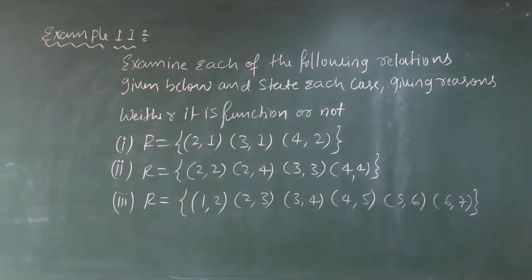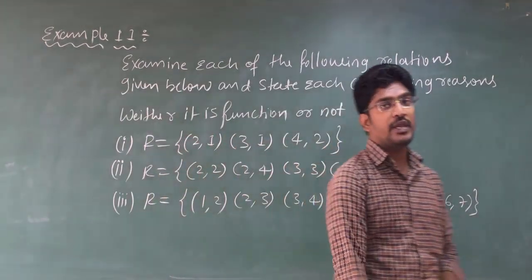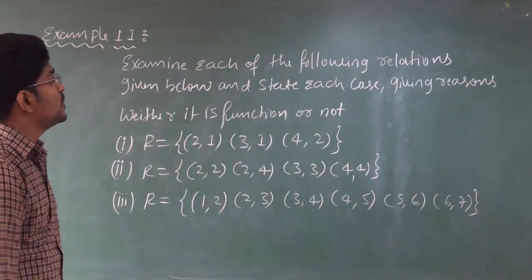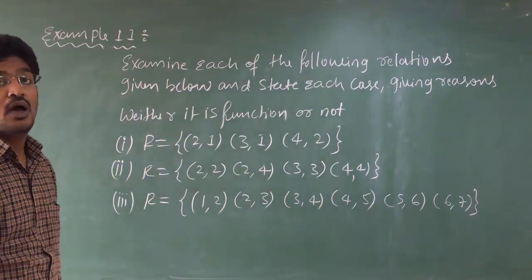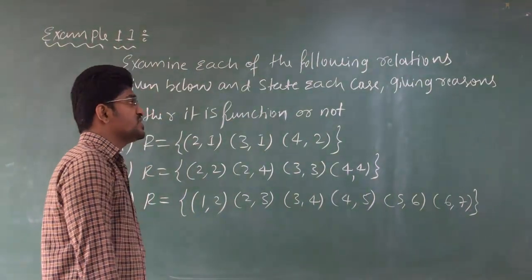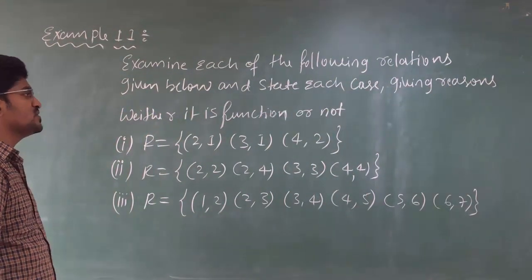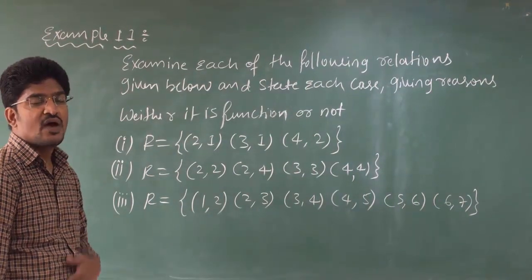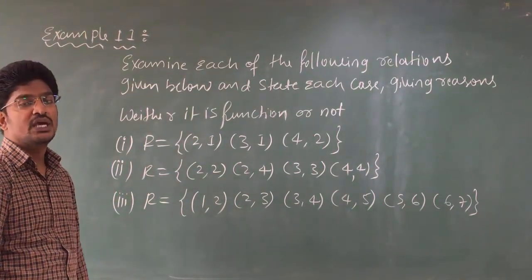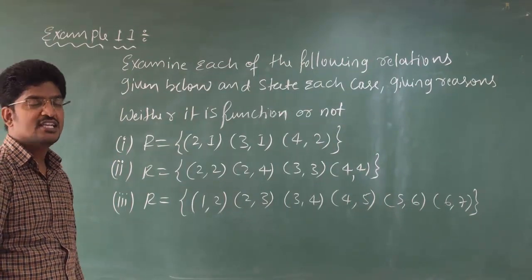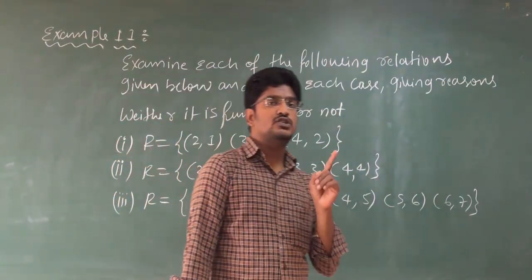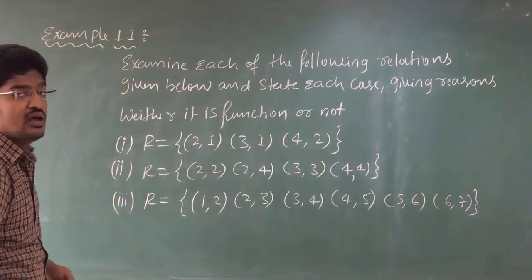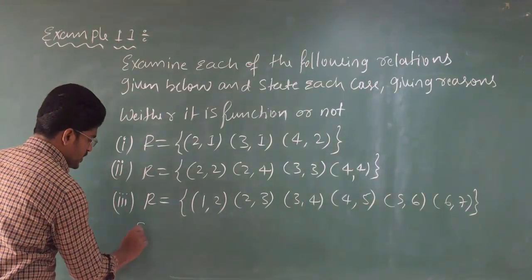Okay students, now let us go to the 11th example: examine each of the following relations given below and state in each case, giving reasons, whether it is a function or not a function. They have given three relations. You have to check whether these relations are functions or not. As we all know, each and every element of the domain must have a unique image, then only it is going to be a function. Clear? So if I check R, the first one,